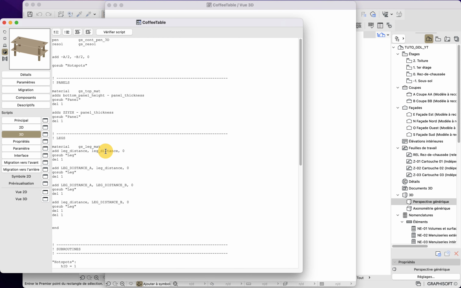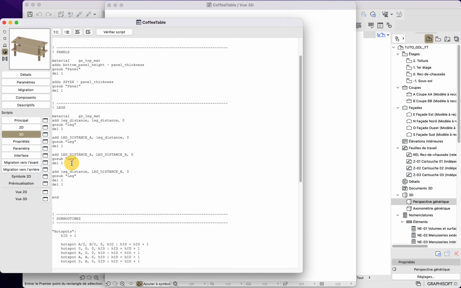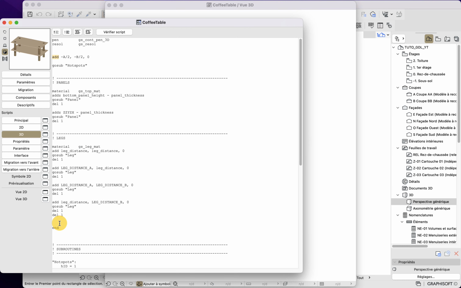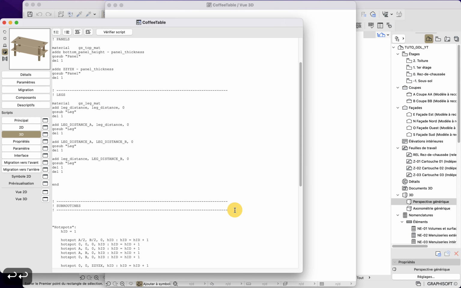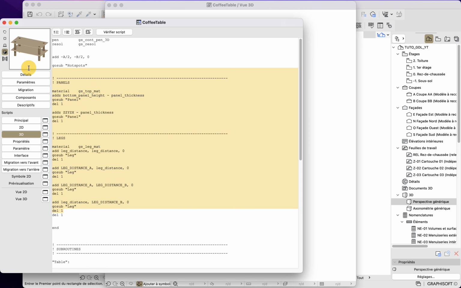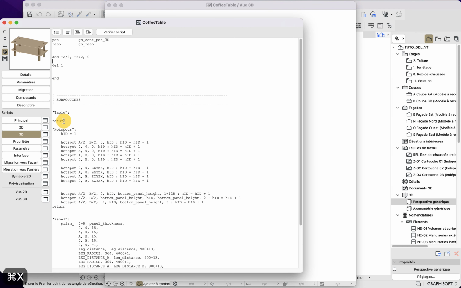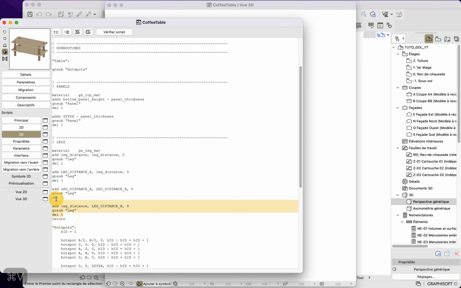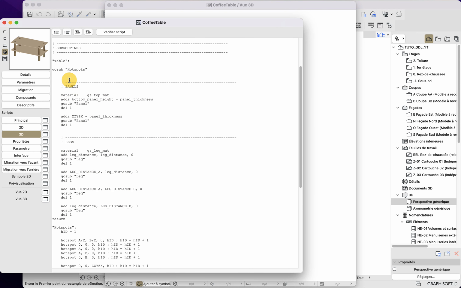I can also, if I want to, for example, because now you can see that I have a 2D transformation here and a 2D at the end, which are very separated. Well, I can put all this code into one single subroutine as well. For example, here, I will put here a table subroutine that will return all that is between the first transformation. And you can see here that I can call a hotspot, I can call subroutine within a subroutine.